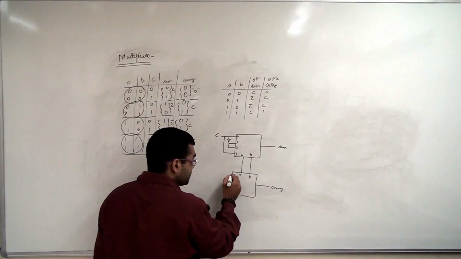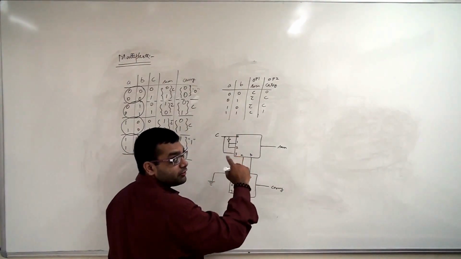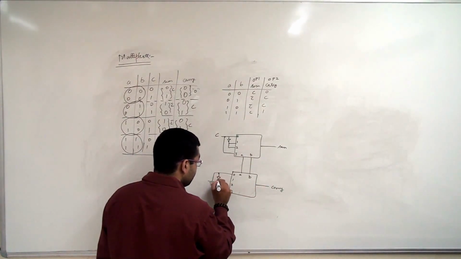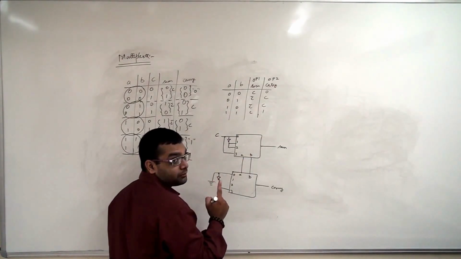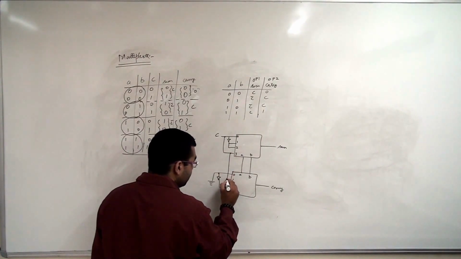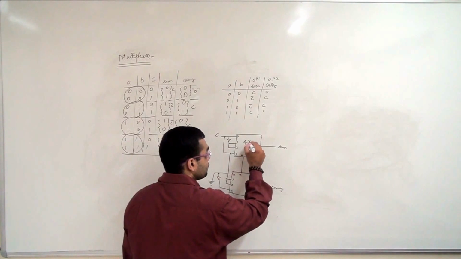Alright. Now in this case, 0 we have connected to the ground. The 0 signal we assume is normally coming from the ground, and in input number 3 we have to generate 1, so we complement this ground. Now over here, both we have to connect to C. That is the idea. So this is our 4 cross 1.